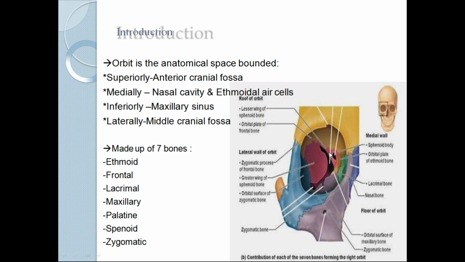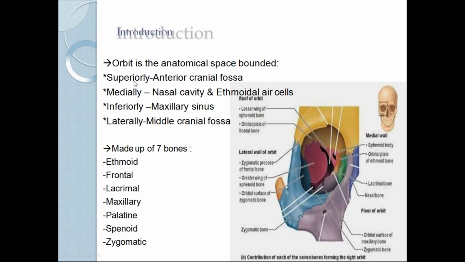Imagine this is a cone, your ice cream cone. This will be the base of the cone and the apex will be inside, here. So it will be just like an ice cream cone. Whatever you're seeing will be the base of the cone where you keep the ice cream, and this is the apex of the cone.